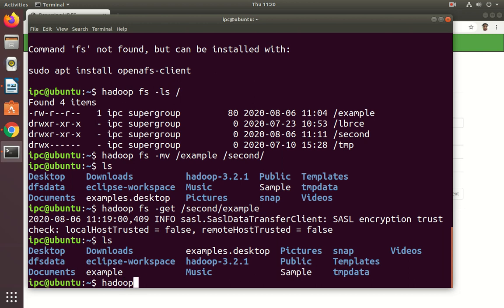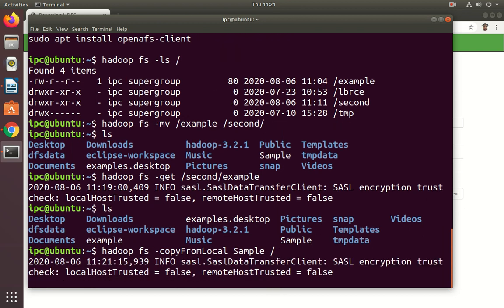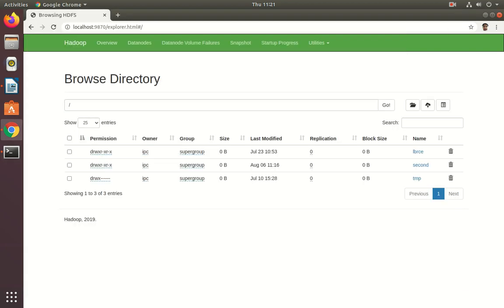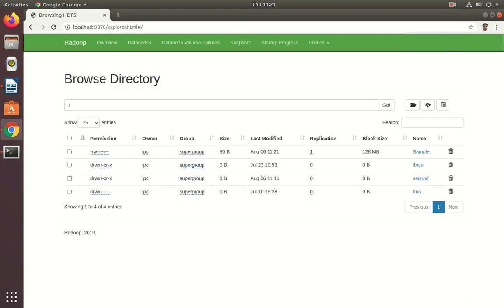Hadoop fs -copyFromLocal. Keep in mind here F is capital and L is capital. CopyFromLocal, which one? Sample. To where? In the root directory. Then go and verify. Just refresh. So we have a sample. See, that is the sample.